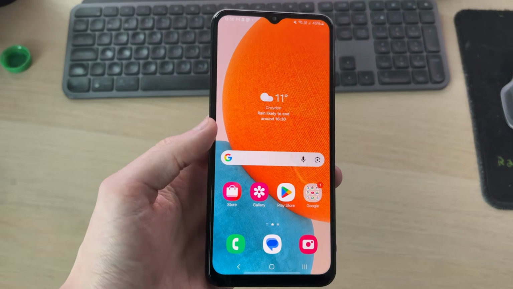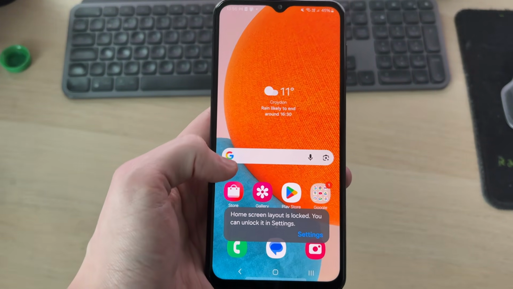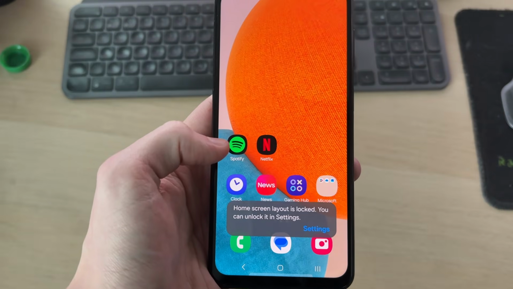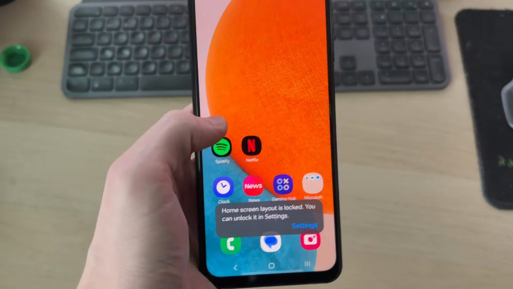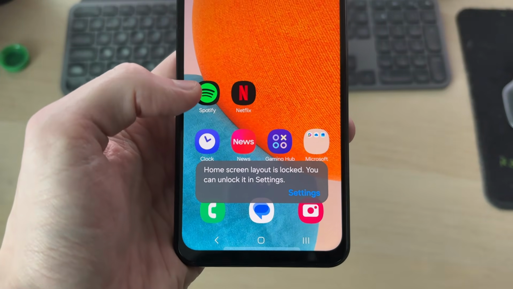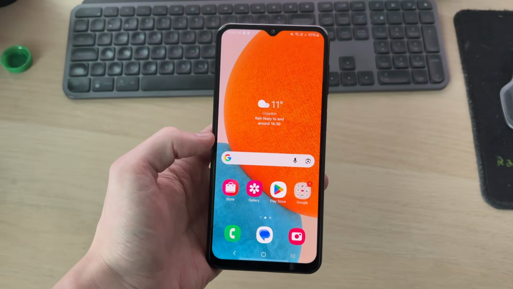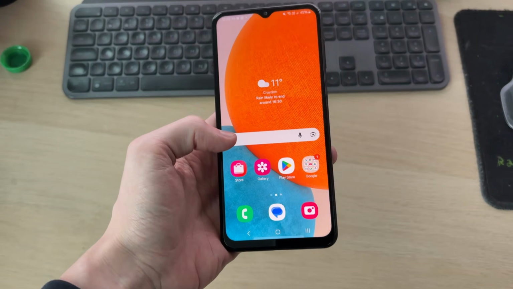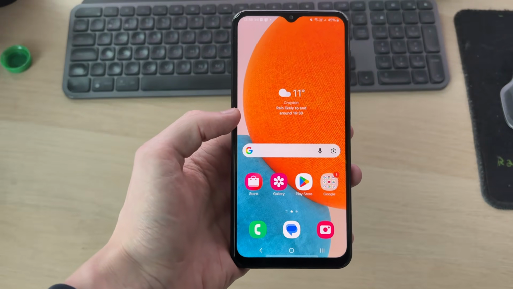This can be really annoying because perhaps you want to reposition an app on your home screen, or you want to remove it. So for example, I could tap and hold on Spotify. If I press remove, we get it there as well. So we can turn this off and unlock it. We can then freely move the apps, because as I said, you may want to customize it. This is much easier than you probably think, but make sure it's a full guide to exactly what you need